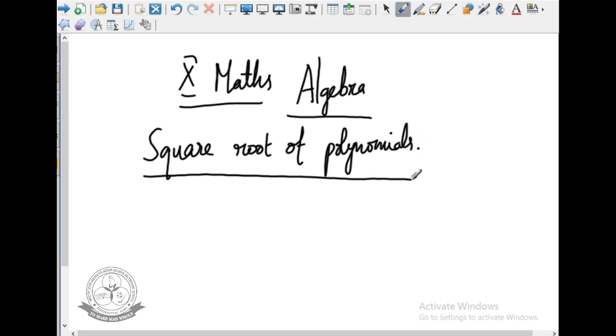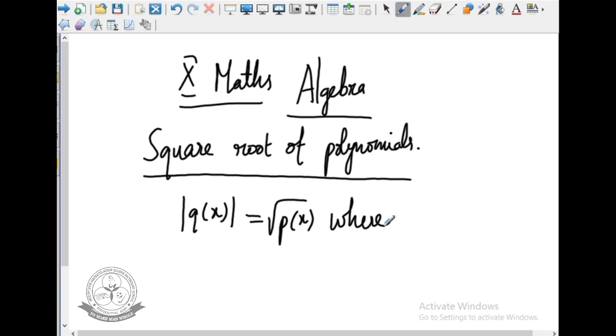What is the meaning of square root? The square root of a given positive real number is another number which, when multiplied with itself, gives the given number. That is, modulus of q of x is equal to square root of p of x, where modulus of q of x is the absolute value of